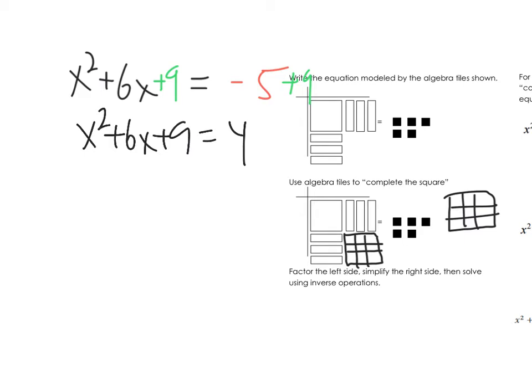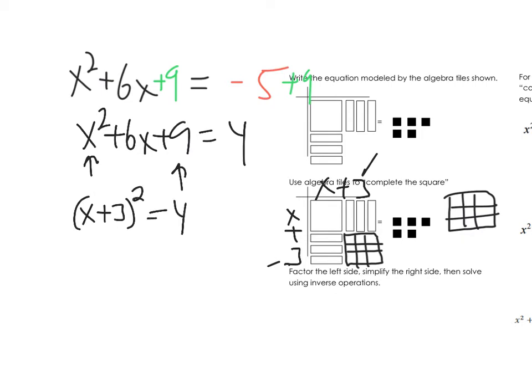So now, before we jump into the real algebra behind this, let's take a look at the algebra tiles. So this factors to x plus 3 and x plus 3. Do you see how the square root of x squared is x? The square root of 9 is 3. This will always happen, and this is why we complete the square. So we can always think of this as x plus 3 times x plus 3, or x plus 3 squared